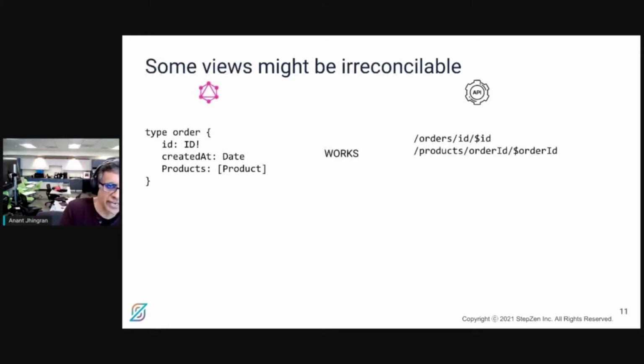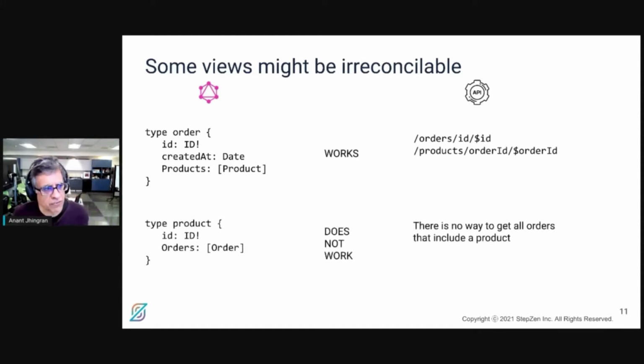So for example, you may want to list out the set of products associated with an order. For that, you issue a query against orders and then issue a query against products, and it's all fine and hunky-dory.